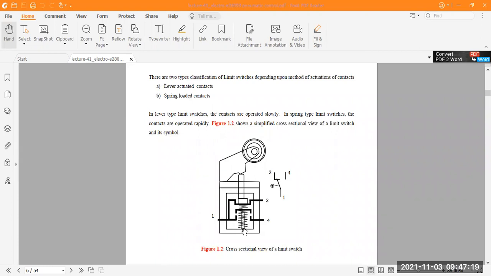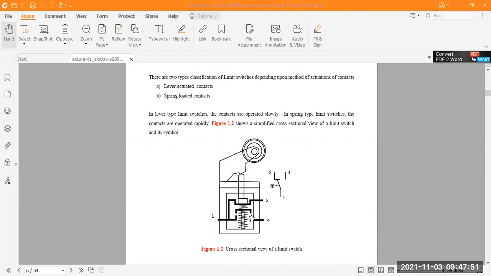In this contact here you can see the spring type, and this is the lever contact type, or lever actuated contact type. In the lever type limit switches, the contacts are operated slowly. And in the spring type limit switch, the contacts operate rapidly. That means when you select the timing, it works rapidly, according to the given timing or timing pulse also.